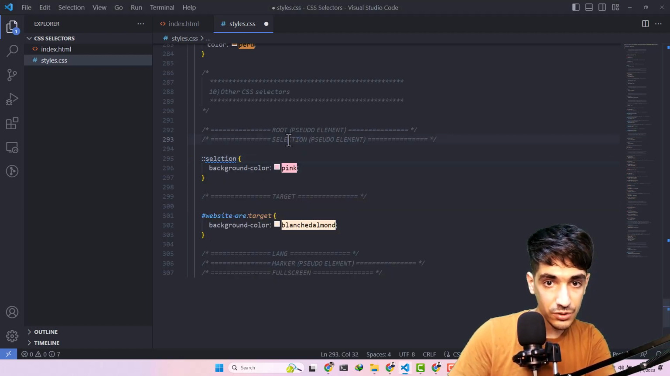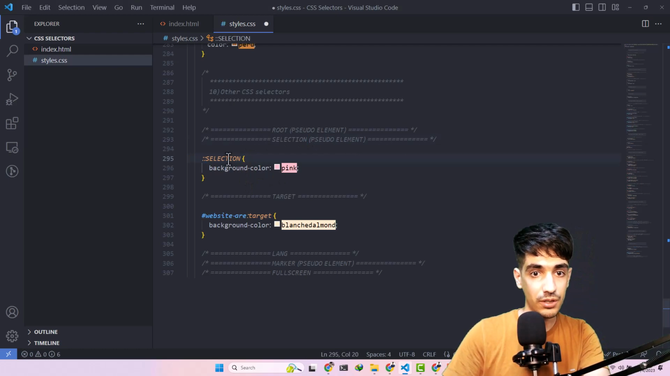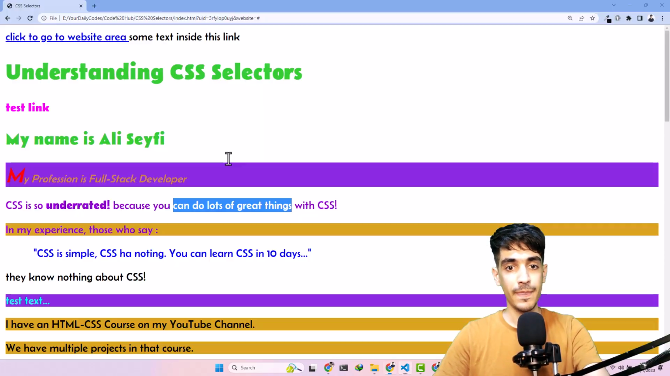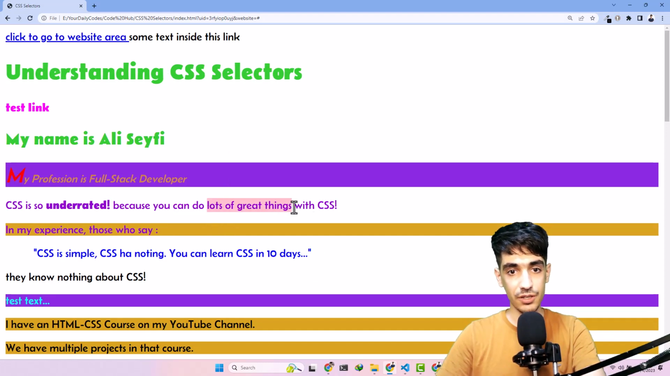Selection. So let's use this one. It seems that we have a typo. Yeah, I had a typo for some reason. So set the background color to pink, and sure enough, the background color is pink, and we can apply some